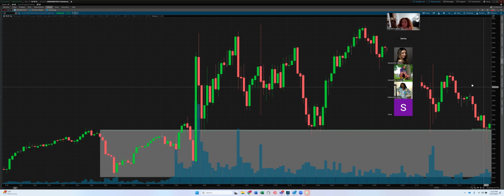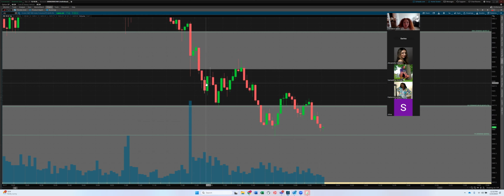So I just wait for a level to form throughout the day. This one formed during the day, so it wasn't here yet. If you look at the levels in the daily levels section, this area was here, the 6 hour demand with the 1 hour demand. I said I was going to look to trade it because it was so wide. If you were looking for a smaller stop loss, you could trade it at the 1 hour, and look what happened. It came right down here to the 1 hour